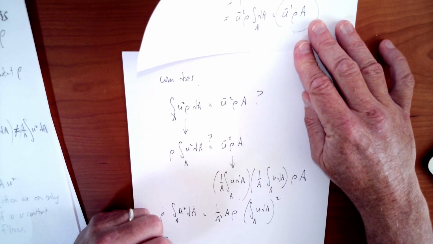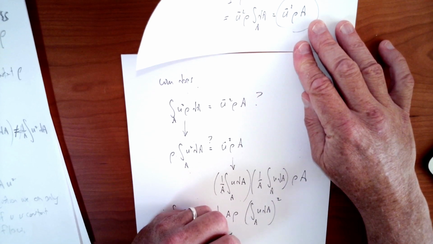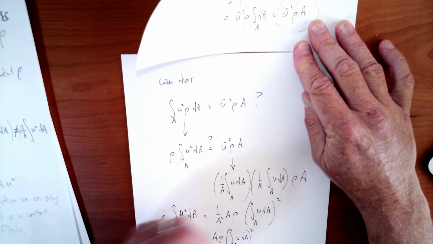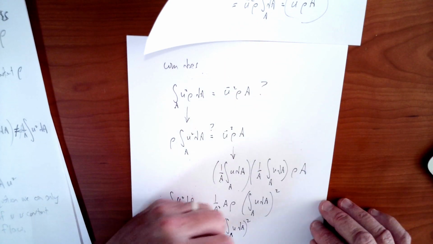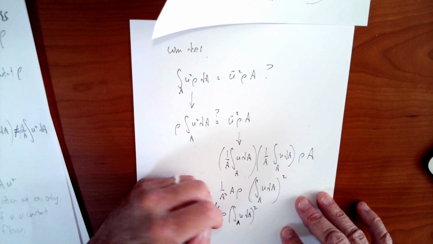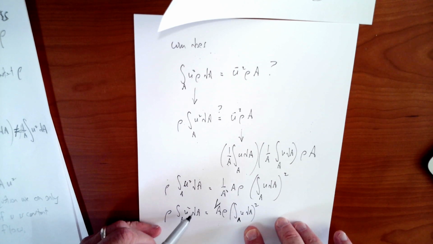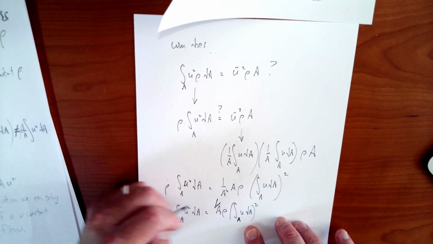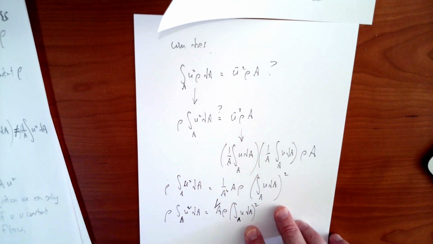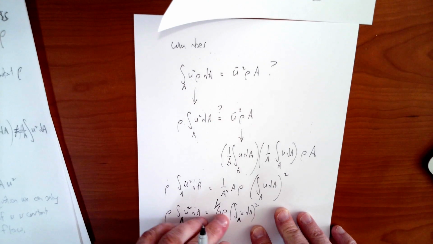So on the left-hand side, we've got rho times the integral of u squared dA. On the right side, we've got rho A times 1 over A integral A u dA squared. I'm sorry, this is 1 over A here. So these aren't the same. This is not an integral squared. It's a squared quantity, and then you take the integral of it. This is the integral squared. Those are definitely not the same thing. You can check that by trying some integrals and seeing. It definitely does not work. So no, these are not the same at all.